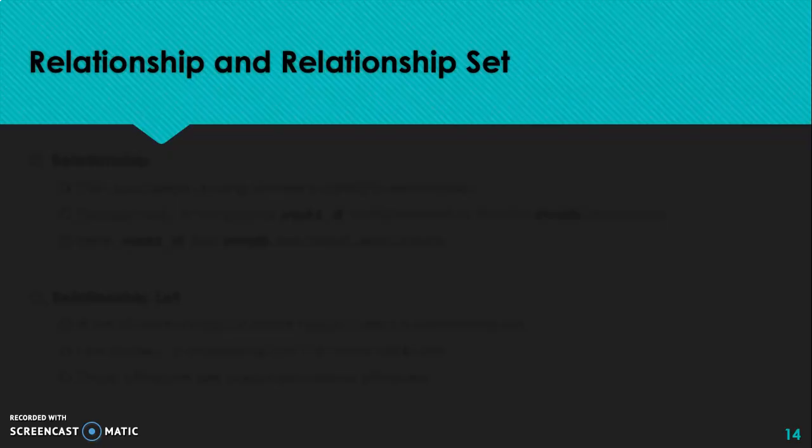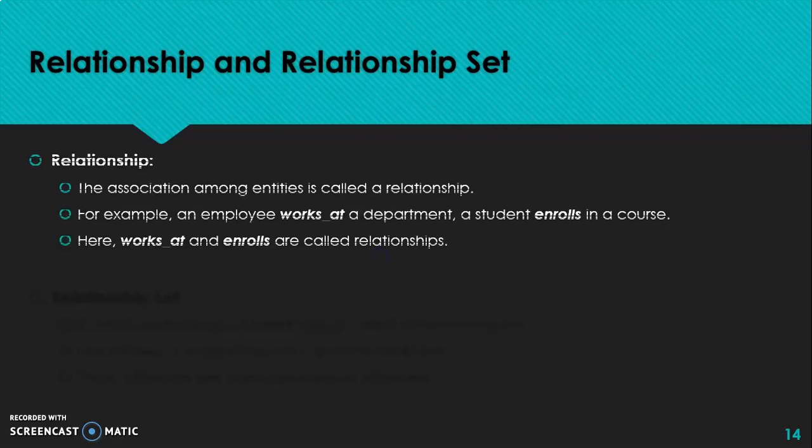Then we have relationship and the relationship set. First is relationship. The association among the entities is called a relationship. When there are two entities and you have to link them, how these entities are linked together is defined by the relationship. For example, an employee works at a department or a student enrolls in a course.